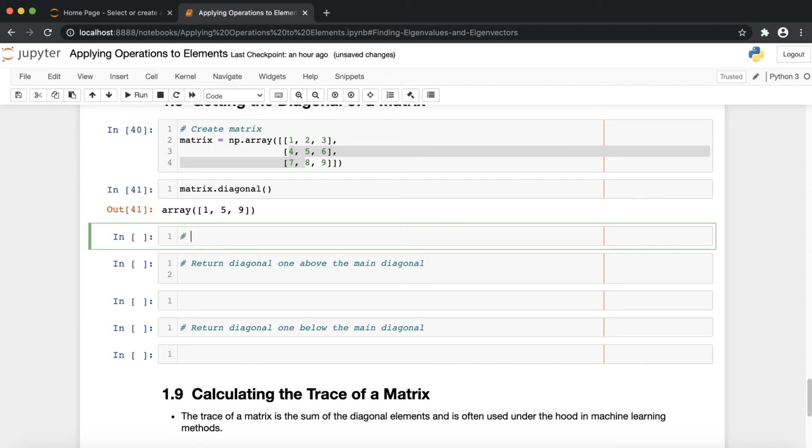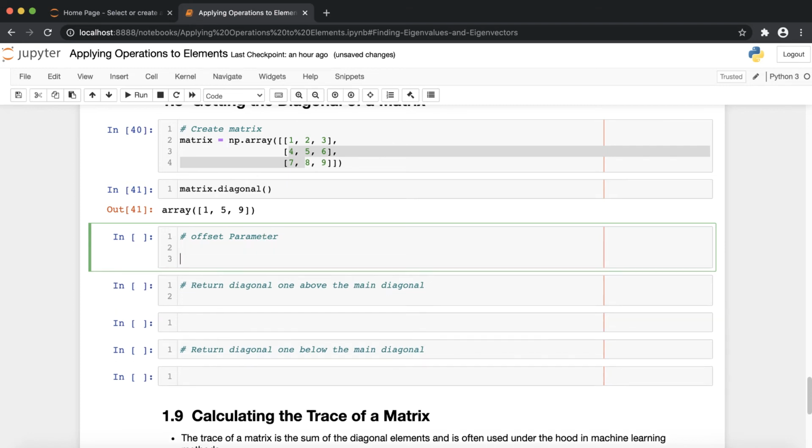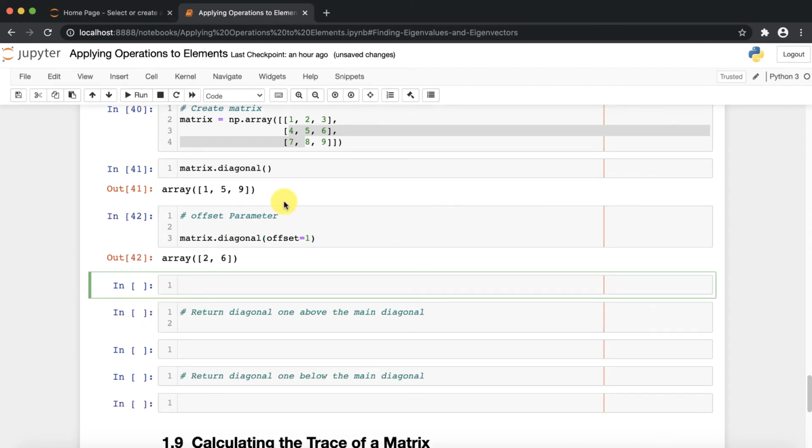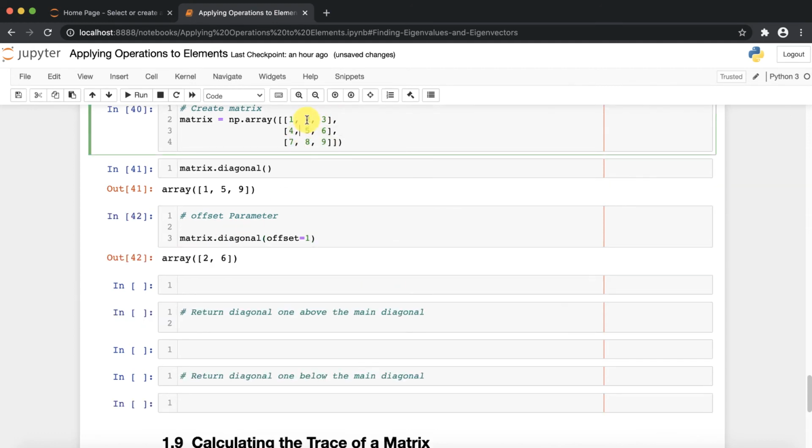So with the use of the offset parameter, I can find it, right? For that I just need to write matrix dot diagonal, and into that I just need to apply the offset parameter equals to 1, right? And if I apply that, then you can see I can find the diagonal above the main diagonal,